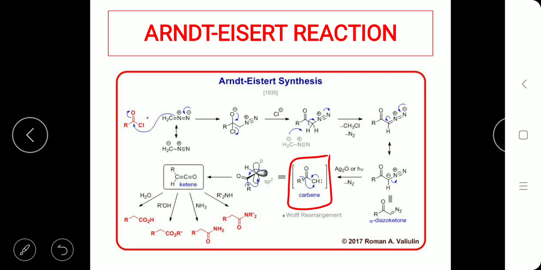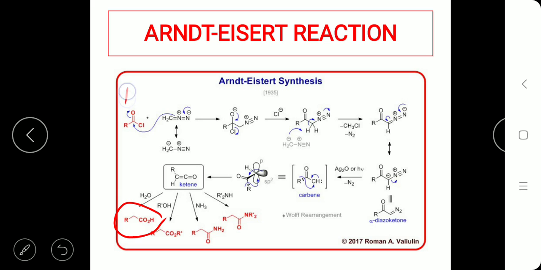So here you can see how the alkyl group migrates to the terminal carbon and the double bond is formed between the carbons. That is what is written here. C double bond C is this one, and then R migrates to the terminal carbon to give rise to the R bonded to the terminal carbon. Now, once the ketene is formed, this can further react with a water molecule to give rise to the homologous acid.